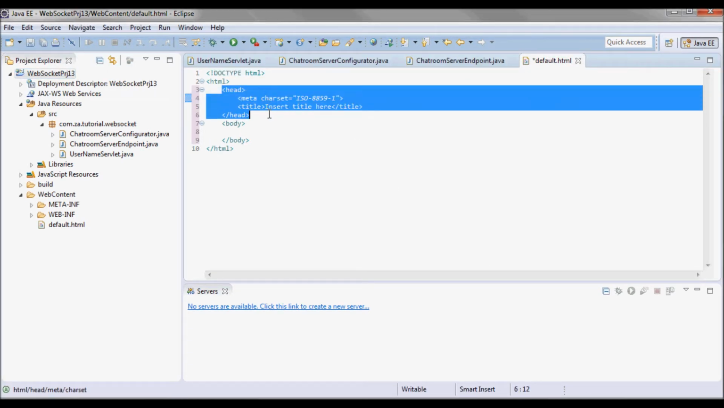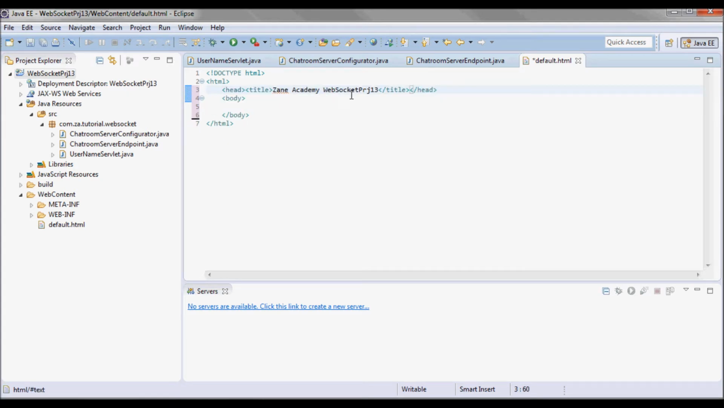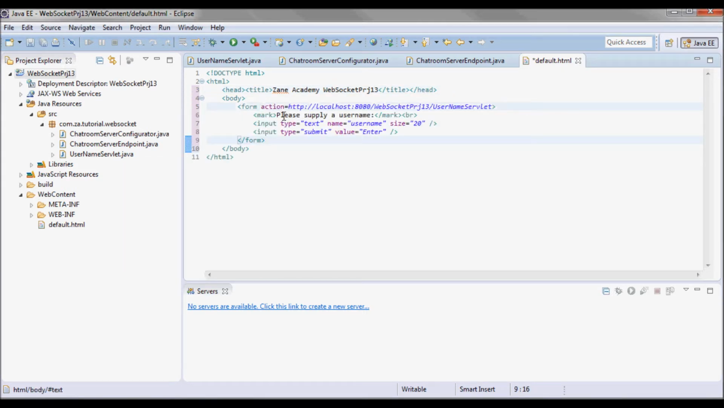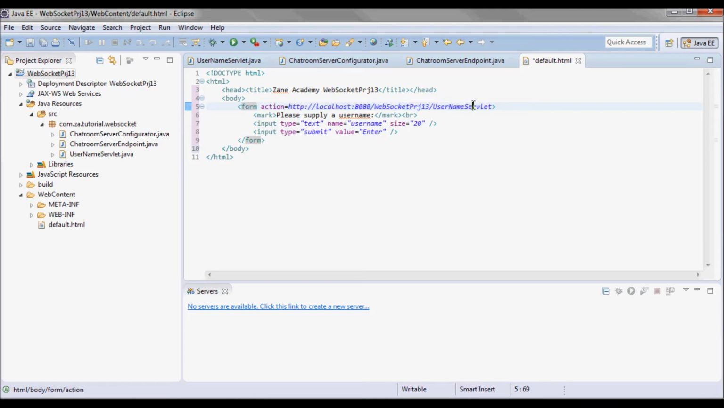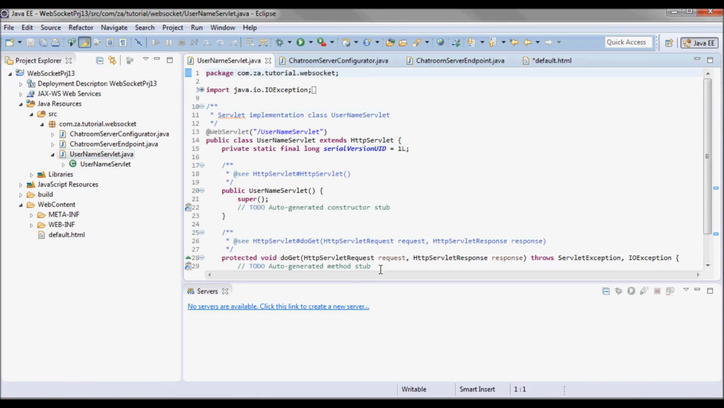and this will be the title of the HTML page, and inside the body I'll have a form with a text field for entering the username and a submit button that when clicked, the doGet method of the servlet, the UsernameServlet, would be invoked. So going to the servlet,